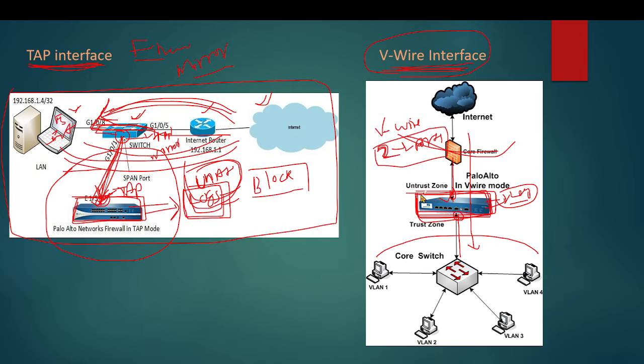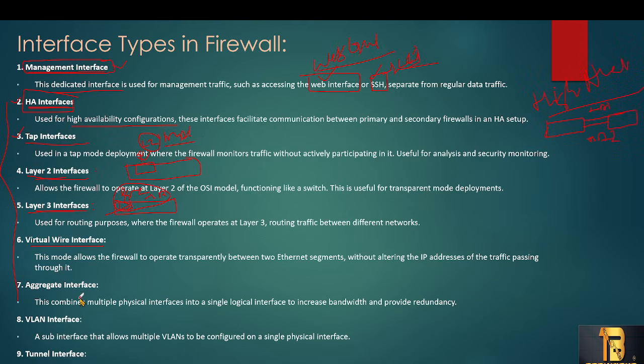No one knows there is a firewall in between, but there is a firewall, and it is monitoring and taking logs. If they want to block some traffic, we can create rules and block it transparently without anyone knowing. So we are going to block the traffic which is unauthorized to our network. That is the main purpose of the virtual wire.